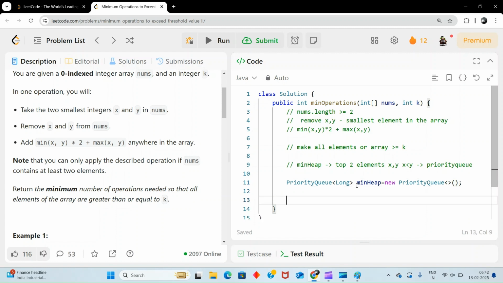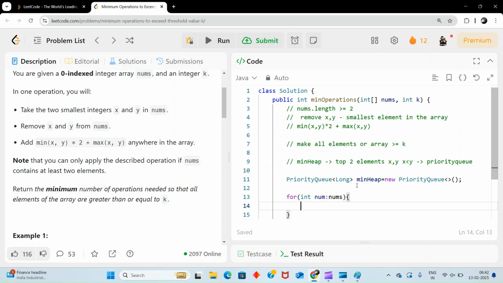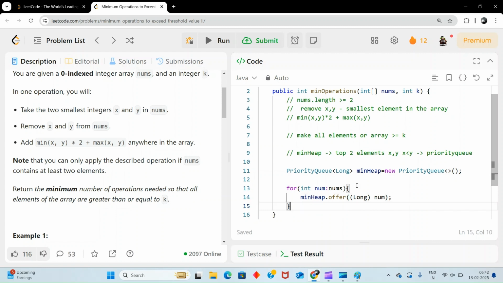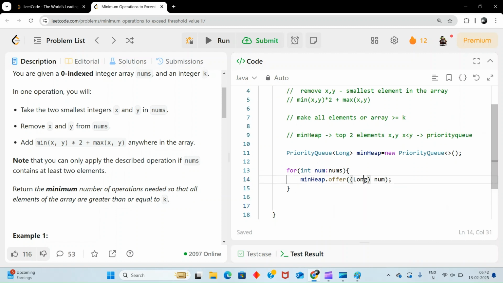Now we have to add all the elements to the priority queue. For int num in nums, min heap dot offer. Here we will use offer. We have to cast it into long, of this num. So we have added, min heap of long.